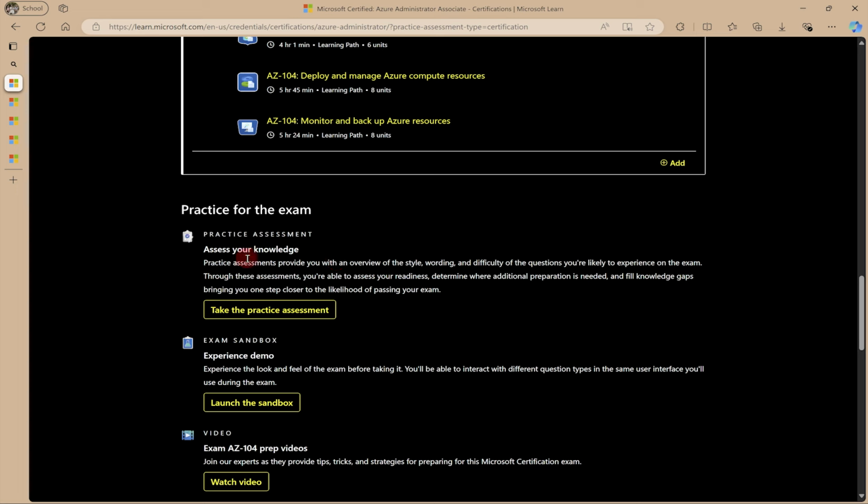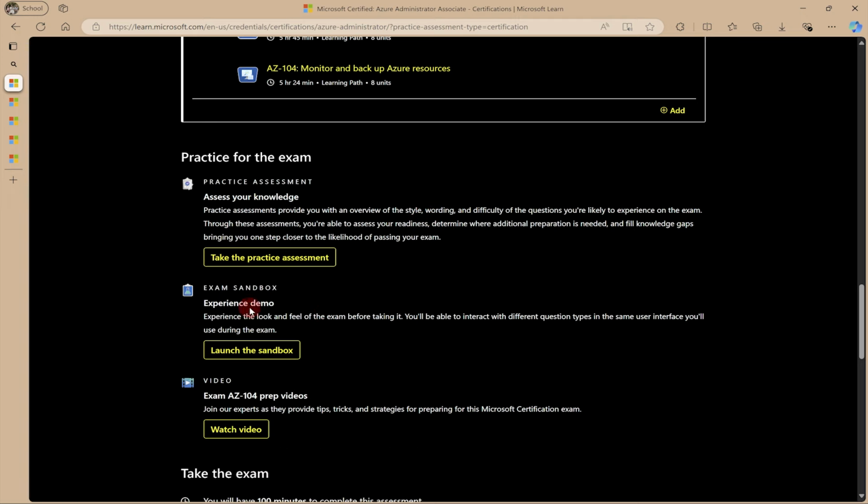After completing all of the modules, you can come and go through the practice assessment to check your knowledge. Then the next thing you can do is to visit the exam sandbox, which is an environment that allows you to practice more for how the exam will look. So it's not like you are taking the real exam, but this is something similar